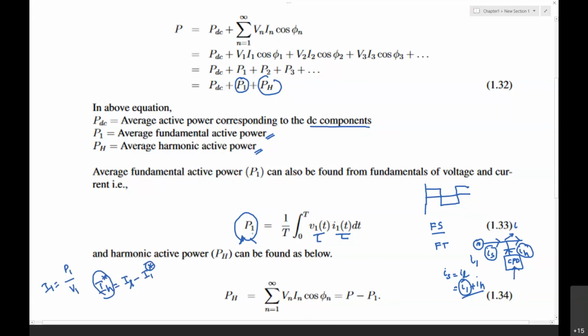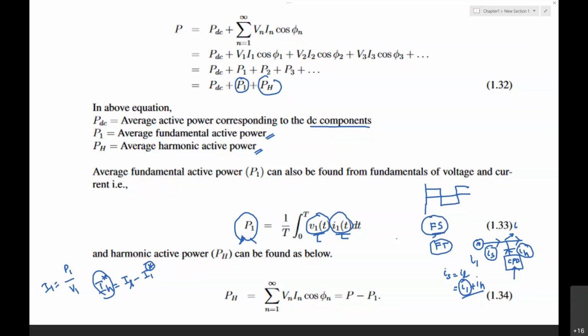Here I have been mentioning the importance of this P1. In order to find P1, finding the V1, the fundamental voltage, and the fundamental current is very important, whether you go with the Fourier series, Fourier transform, or any other algorithms. In the literature, there are different algorithms or different kinds of estimations to estimate the fundamental frequency components and the magnitudes.